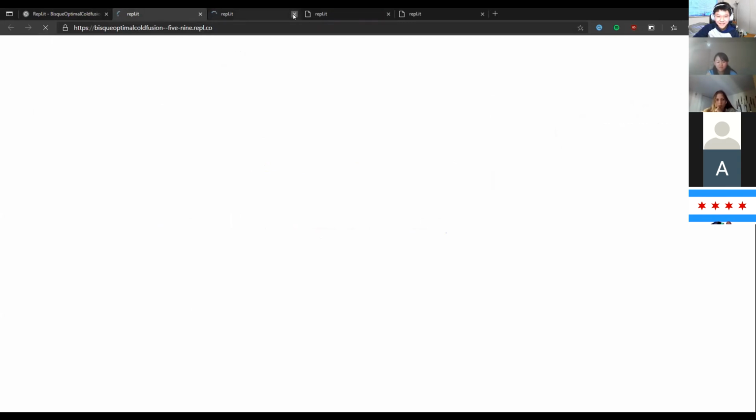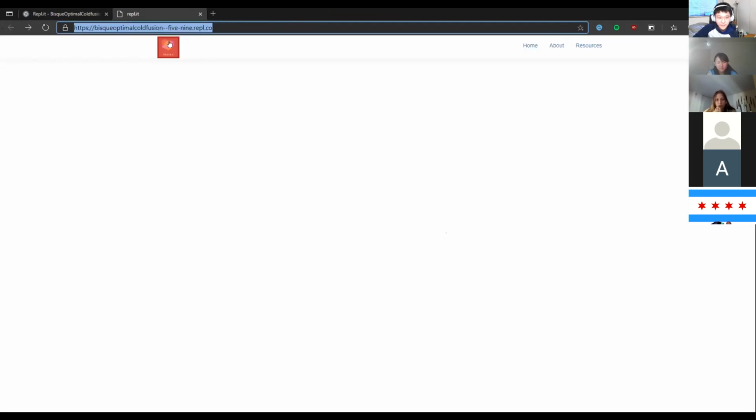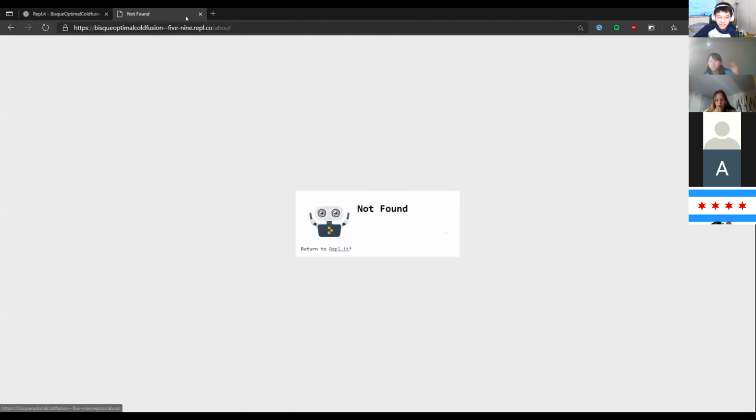Okay, and so when you open it up, there should be this page. This still links to a page, and then if you click these things, it goes to a new page. Right, so if you click about, if you notice the URL bar here, it goes to /about. And resources goes to /resources. And right now, when you go to it, it's just a not found page because you don't have any page there,